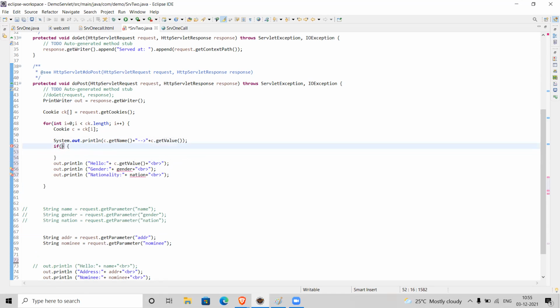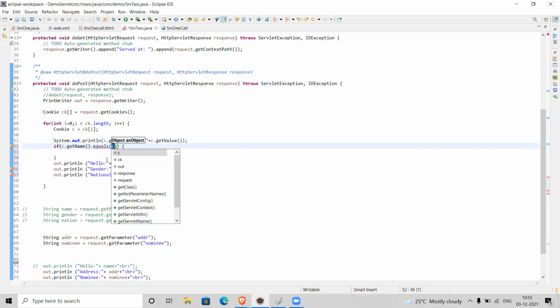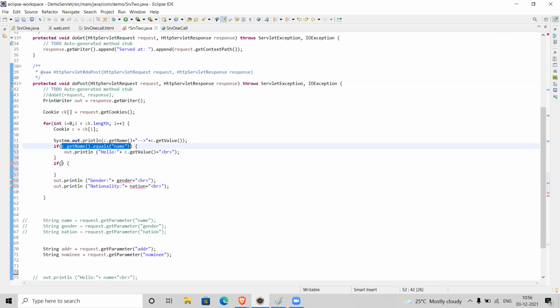It's c.getName().equals("name"). So I'm setting this, I'm calling this value. Similarly, gender.